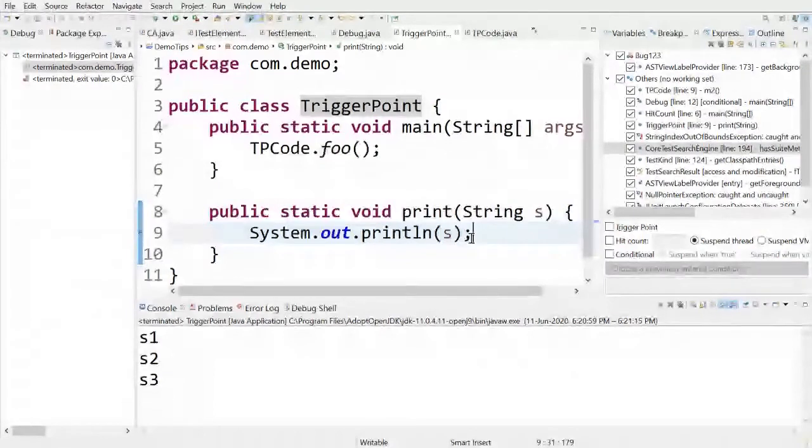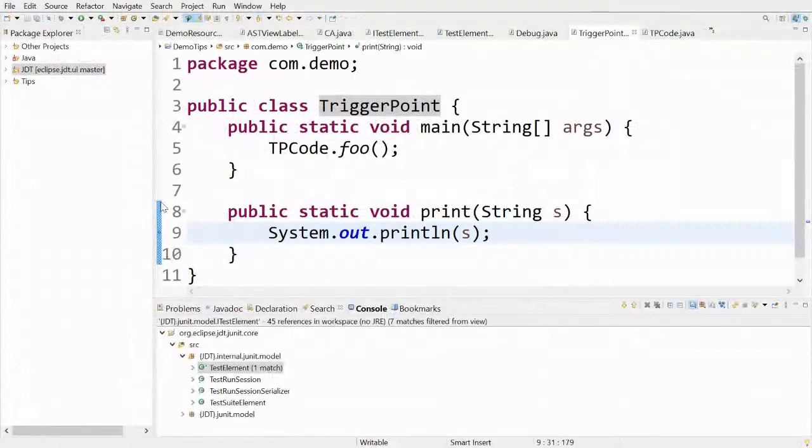So these were some debugging tips. Now I will move on to some tooling features which have been added to support the new Java versions. Before that, let me quickly take a look at the chat and see if there are any questions or comments. Okay, I don't see any questions at this moment. So I will continue with the demo of the Java tooling features.